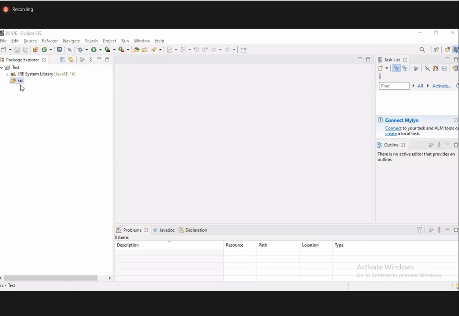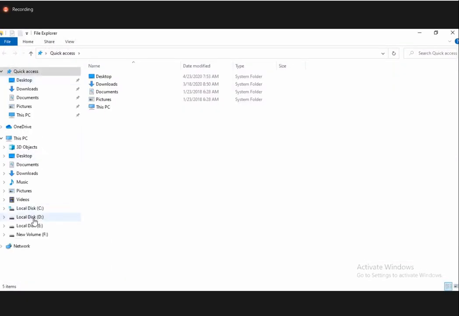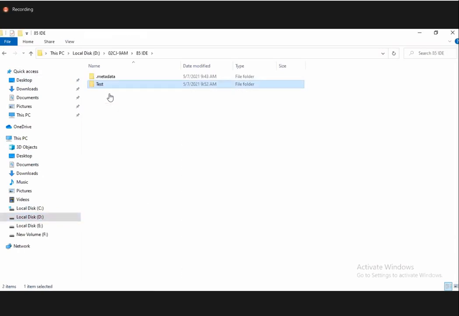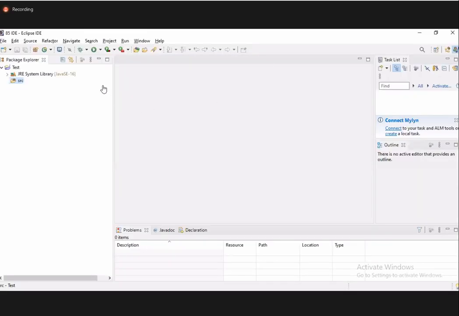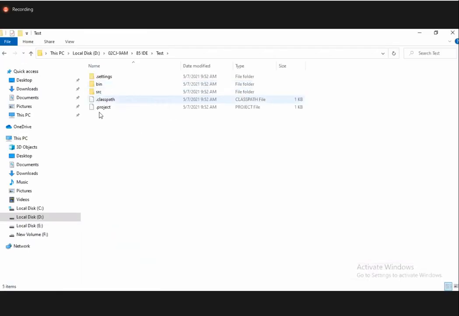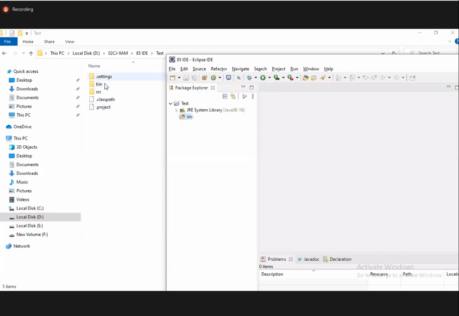Now, if you go to your workspace, here you'll find a test folder, same test folder you will find. Now, inside test folder, you'll find some more additional files: settings folder, bin folder, SRC folder, .classpath, .project. Any of these files, if you delete, now your project will not be loaded into your Eclipse. It will not work. All these files contain setup files and classpath jar files you are setting,